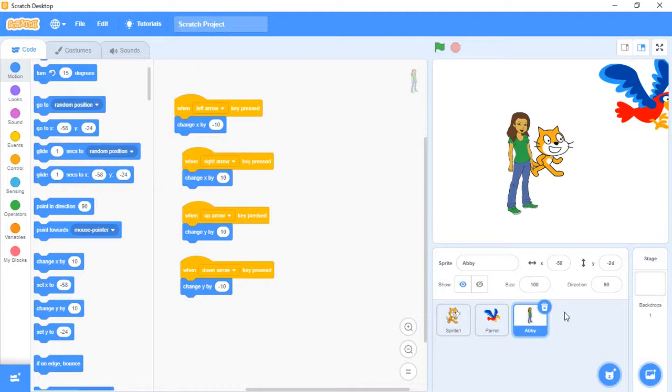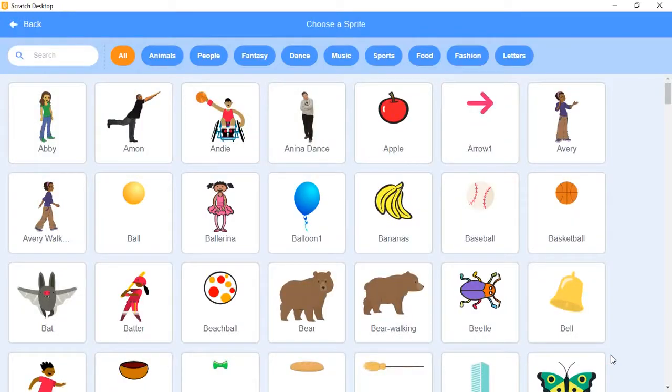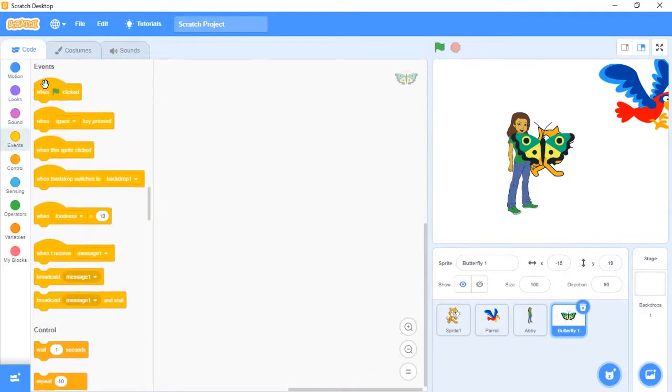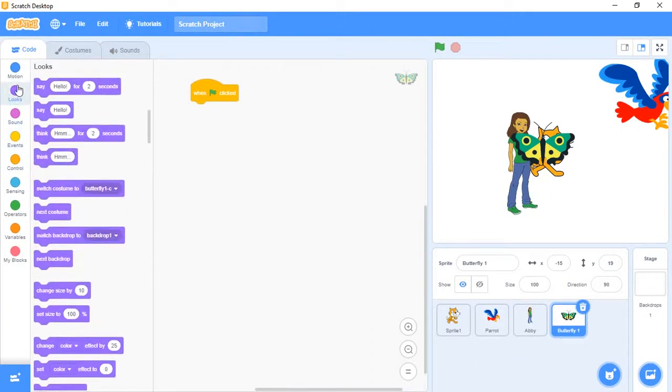Next one is changing the costumes. Choose a sprite. I am selecting butterfly. Select the event. Next, switch costume, which is available in the looks tab.